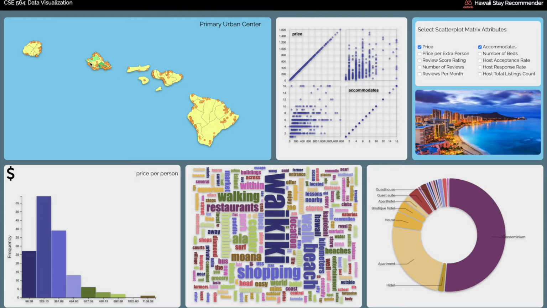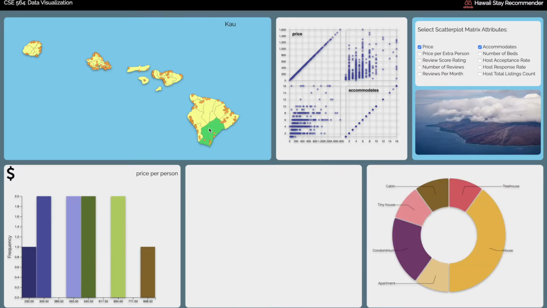So suppose we click on this island of Oahu and we click on the primary urban center. Here we can see most of the properties listed are apartments or condominiums, and we can even see the average prices. We can see that the average prices are less. They are in range of hundreds. However, if we go to some other area of Hawaii, say the southern tip of Hawaii, which is famous for